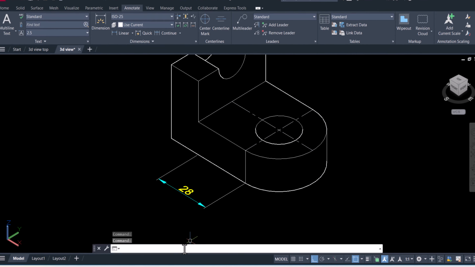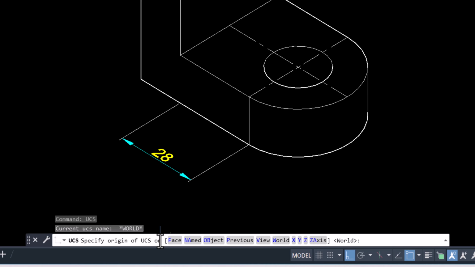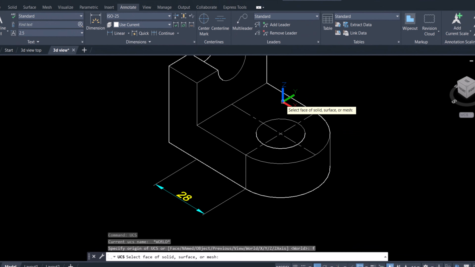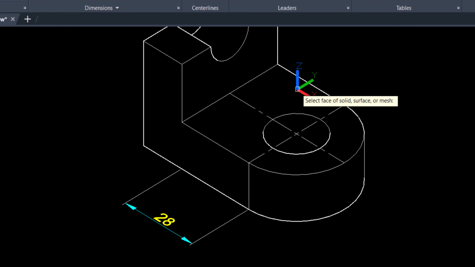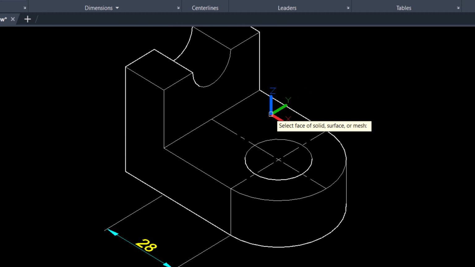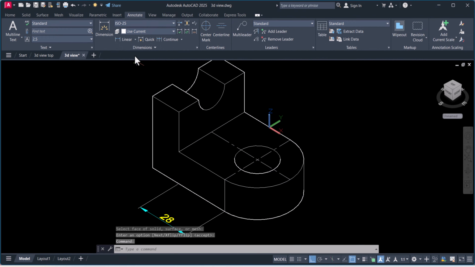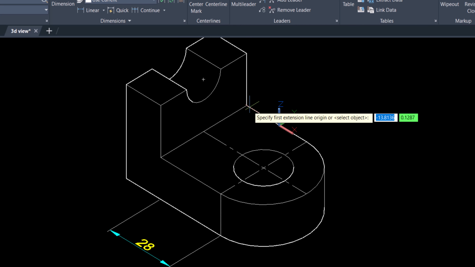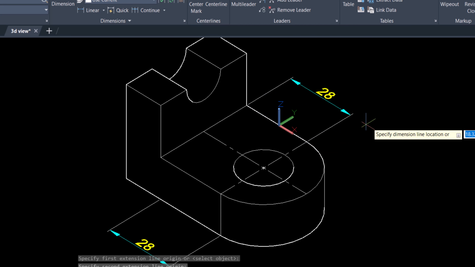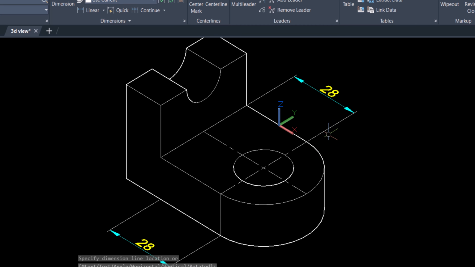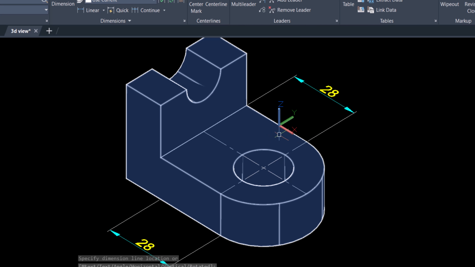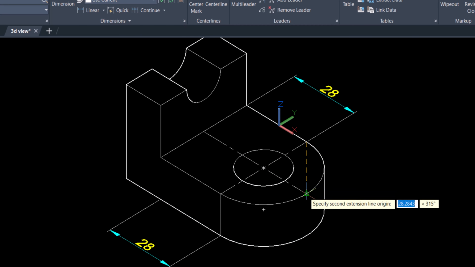Now type here UCS and type F for face and select the surface on which you want to start the dimension. I will click here, enter, click here linear, select this endpoint. Now you can see that the dimension is starting from the top surface which we selected through the UCS. Again select this one, and from this point,